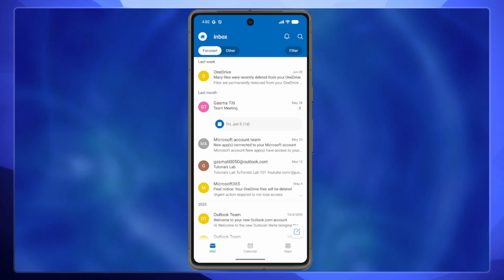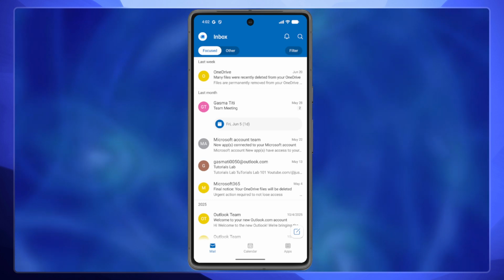First, open your Microsoft Outlook app by tapping on the Outlook icon on your Android device. Once the app launches and your email has fully loaded, you're ready to begin the sync process. This ensures that all your emails, calendar events, and contacts are properly synchronized between your Android device and your Outlook